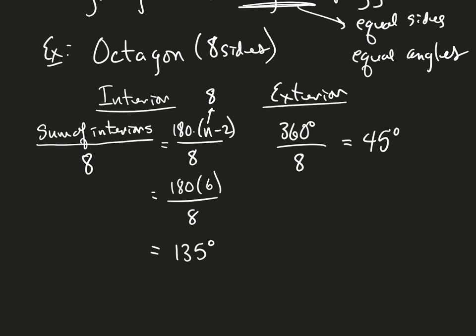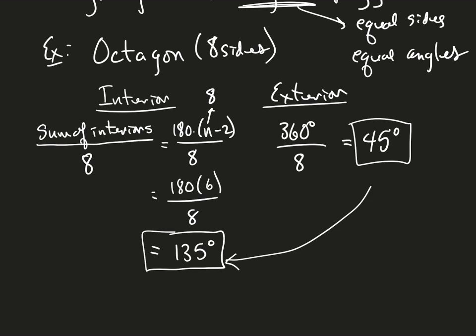Now what I'd like you to notice, we have our two answers. We could circle or box those up and be done. We have the interiors. Every one of the 8 interiors would be 135. Every one of the 8 exteriors would be 45. But I just need you to notice one thing that'll make this even easier as you move forward. Please notice that one of the interiors plus one of the exteriors is